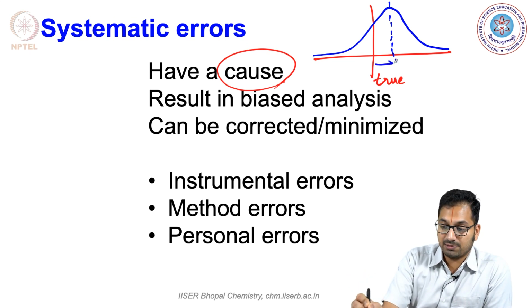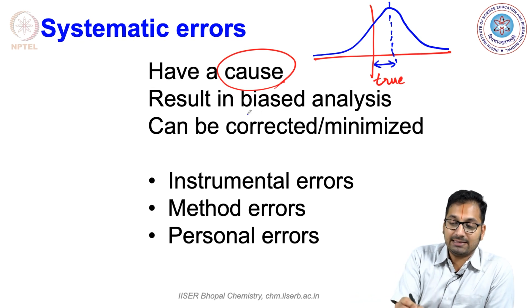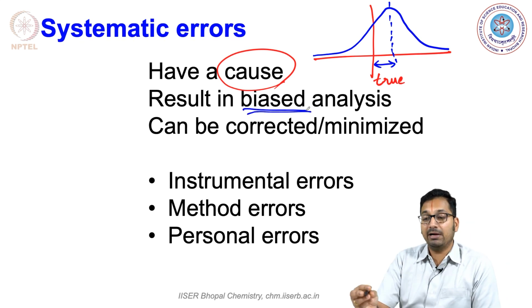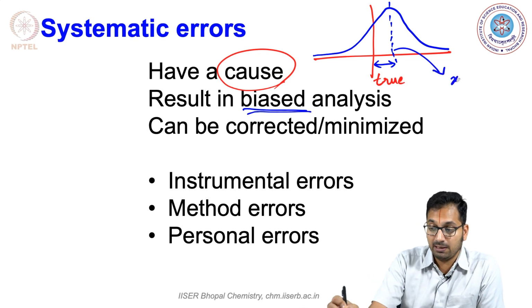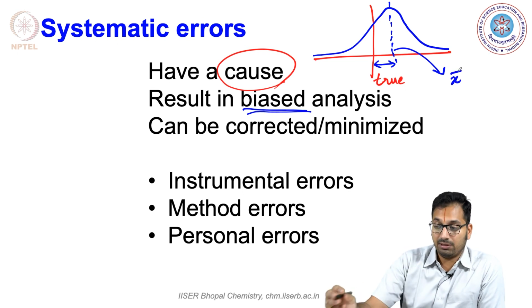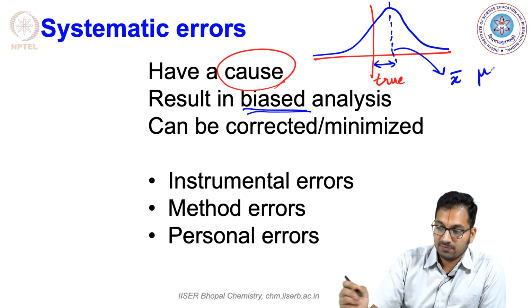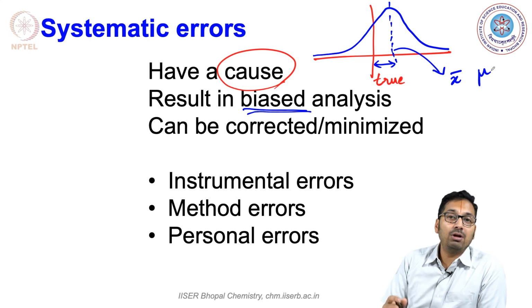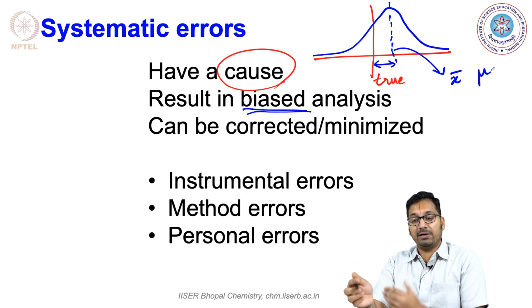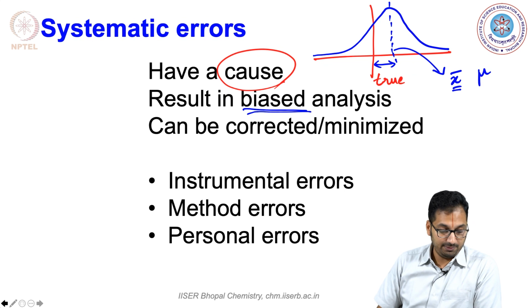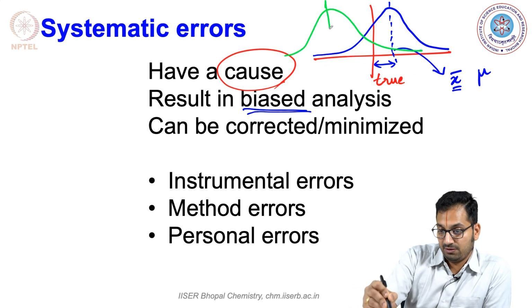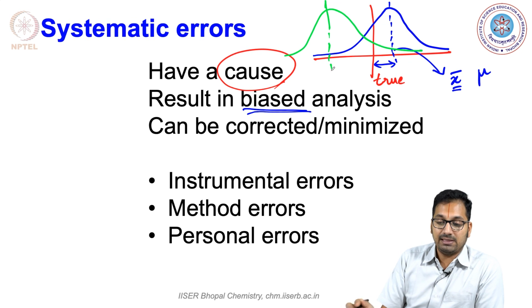So the difference that comes up here could result in a biased way of analysis. You might start interpreting that this is indeed my true value, which is not the case. This is actually the observed mean of the sample that you have got. This is not even the population mean maybe. So in such cases, you end up doing a biased analysis. You might start to overinterpret. In this case, let's say this is the true value, you are overestimating x bar. On the other hand, if you have a distribution that goes like this, you might end up underestimating it. So basically all this results in a bias in your measurement and probably the analysis that you would end up doing as you go forward.